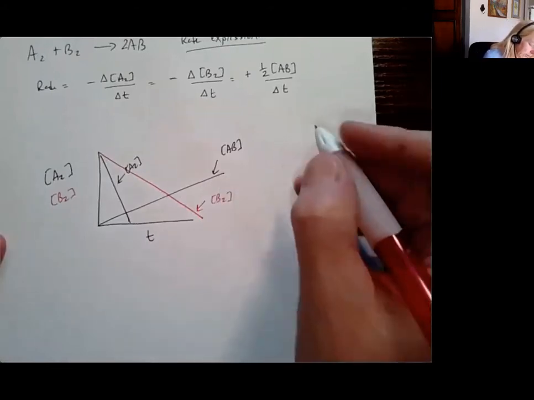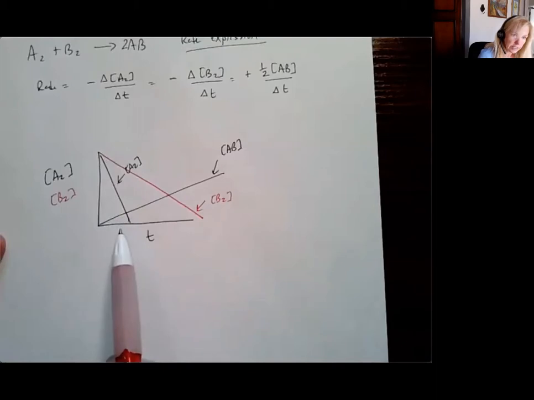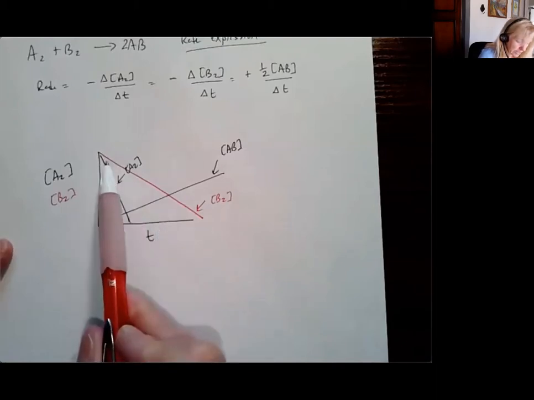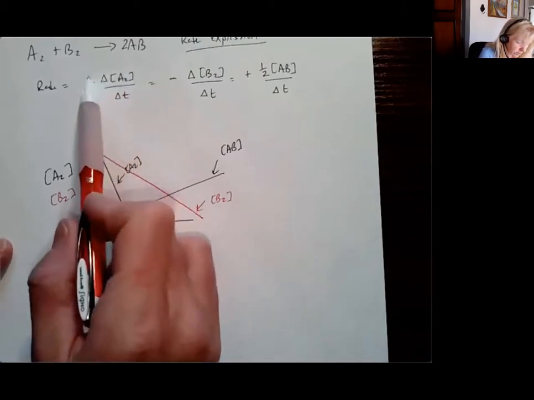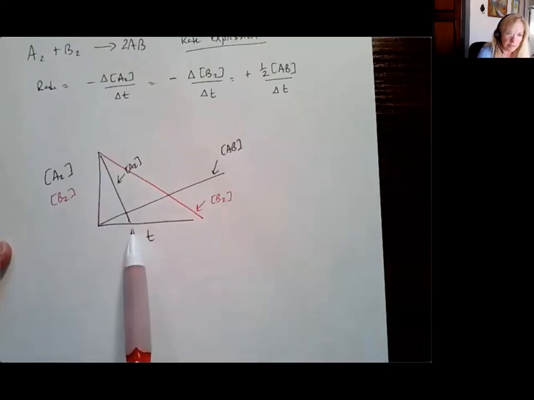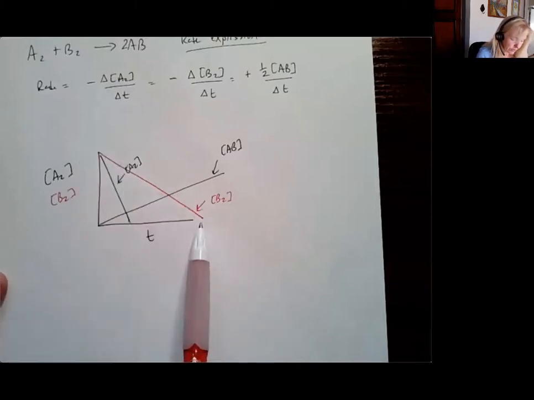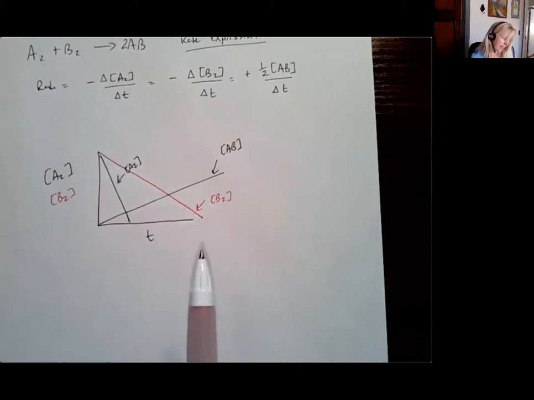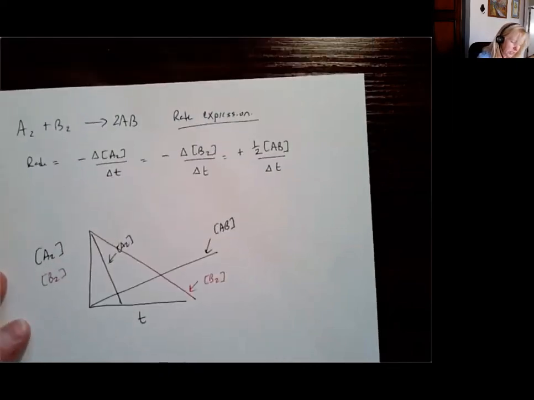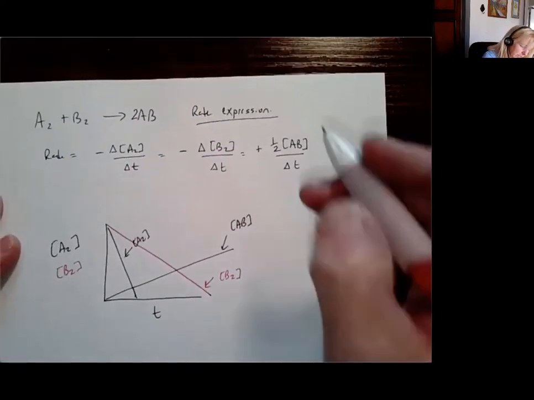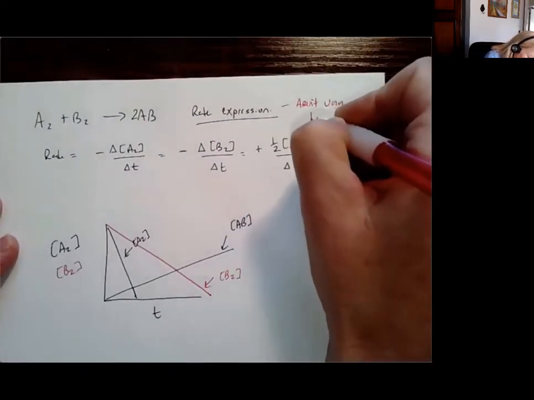This means that my rate expression is not going to really give me an idea, because if I wanted to know the rate of this reaction and I looked only at A2, that's not going to give me a very realistic idea of what's going on. I could look at B2, and B2 may give me a realistic view of what's going on, but I don't really know. And so in chemistry, we'll come back to rate expressions, but these aren't very helpful